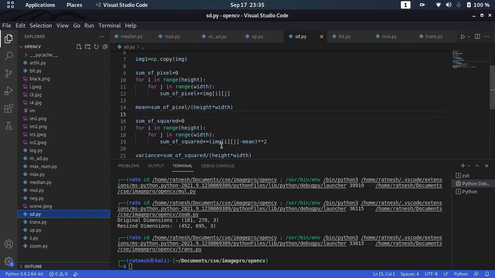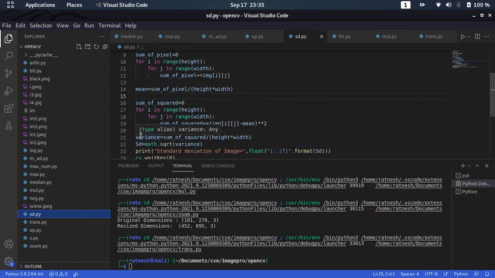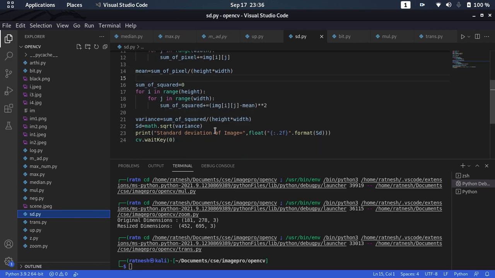Again I am using a nested loop to calculate the sum of square values. To calculate the standard deviation, I first have to calculate the variance. Here I have calculated the variance. After that, to calculate the standard deviation, I have applied the square root of the variance. Now I have printed in this format. Let me run this program.